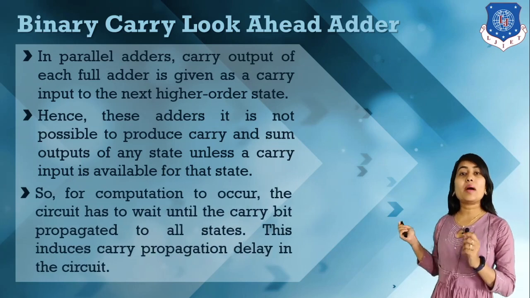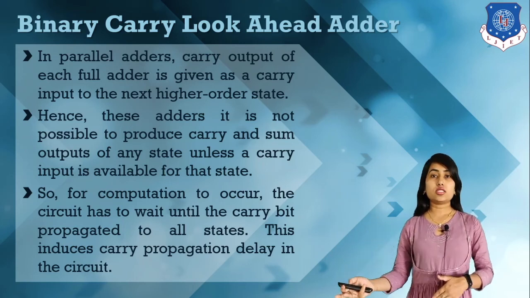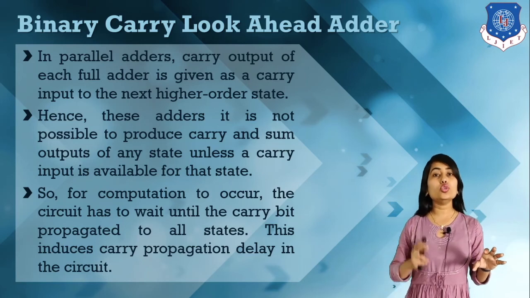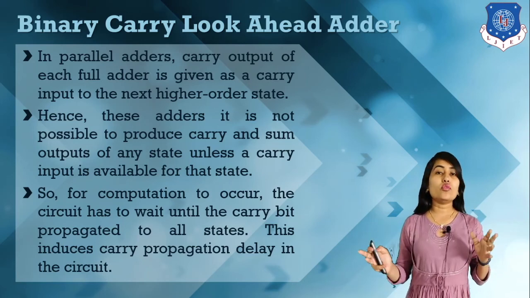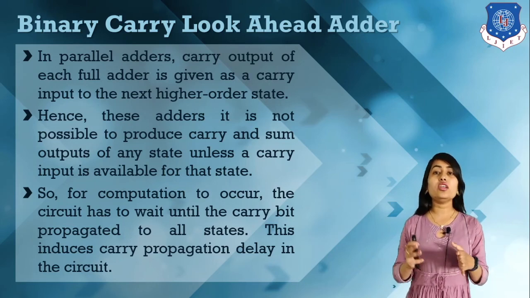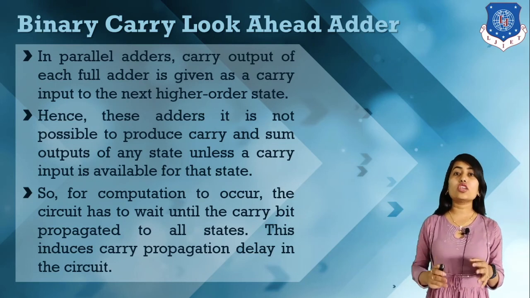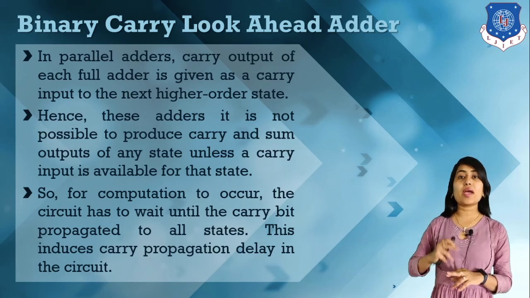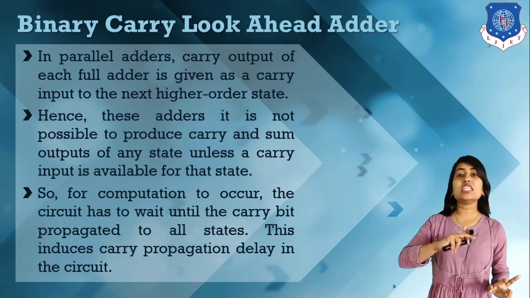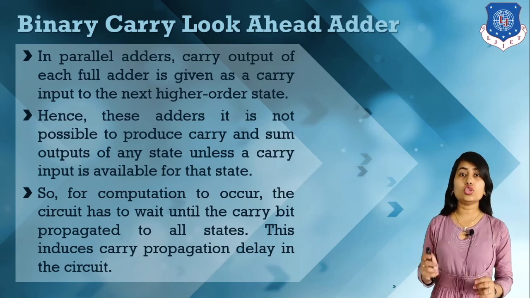So in a binary parallel adder we have to wait for the previous carry bit to get the next sum bit. Whenever we perform 4-bit addition, we have to wait for the C0, C1, C2 carry bits. To calculate all sum bits, S1 depends on C0, S2 depends on C1, C0, and S3 depends on C2, C1, C0. So in a binary parallel adder we have to use previous carries.